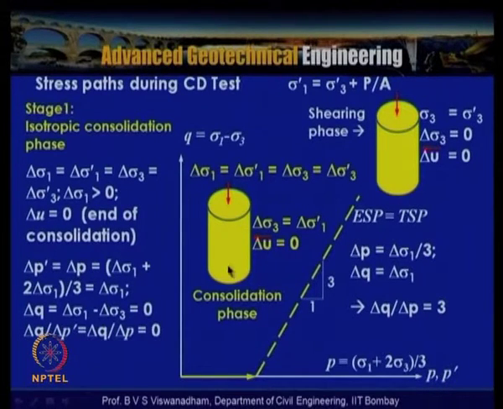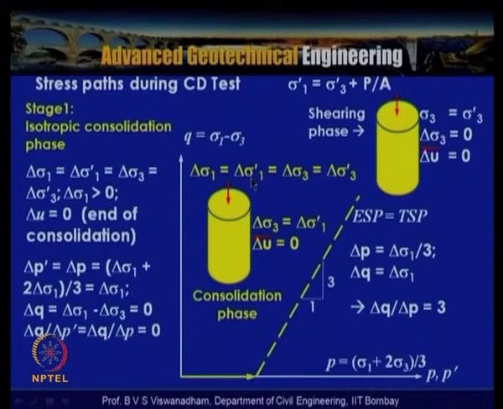During the initial stage, that is the consolidation phase, the stress path follows from here to here, and thereafter the sample is subjected to shear. So this is the shearing stage. The shearing stage starts from here, and its inclination is indicated as 3 to 1, 3 vertical to 1 horizontal. If you look into this, delta sigma 1